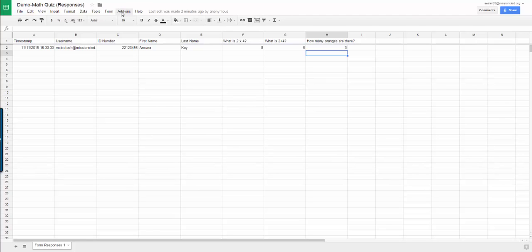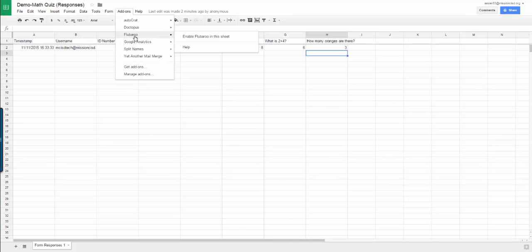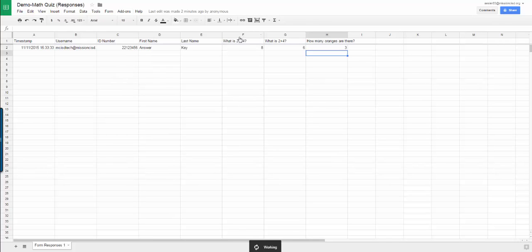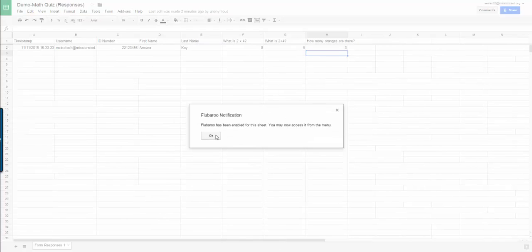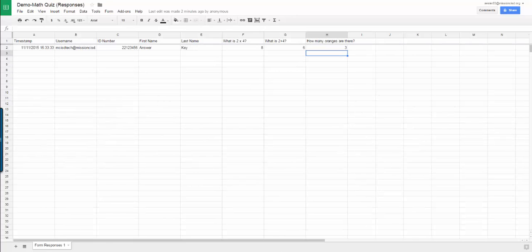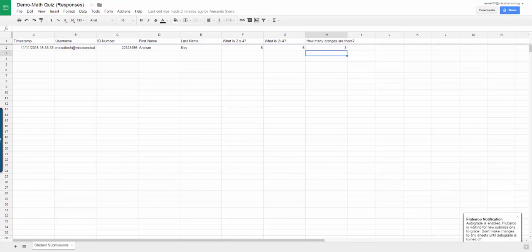So the next thing that we're going to do after you add the add-on of Flubaroo, you're going to click on add-ons again. You're going to click on Flubaroo, and then you're going to click on enable Flubaroo in this sheet. And what's happening is in the background, it's automatically doing all the calculations for us, and it's going to ask us if we want to run it. I'm going to go ahead and